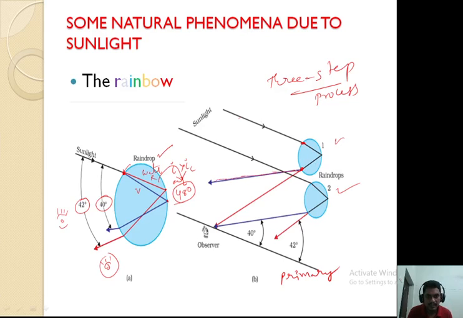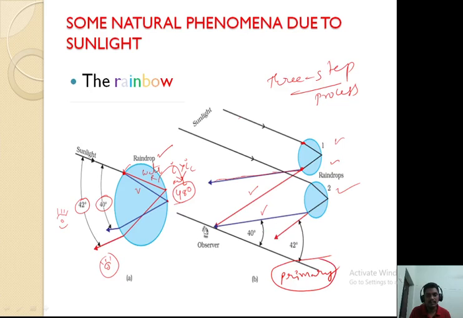For example, an observer can see red color from the top droplet, and if he is in a position to view red color from the top droplet and violet color from the bottom droplet, this is called a primary